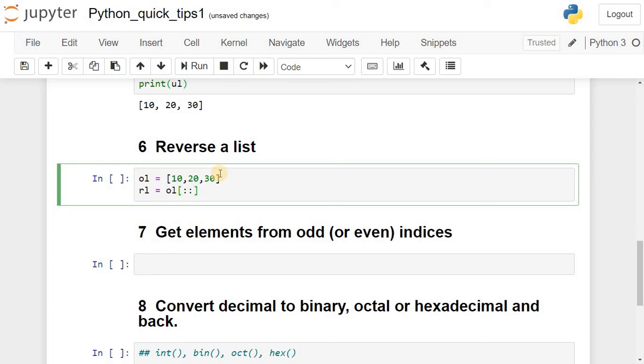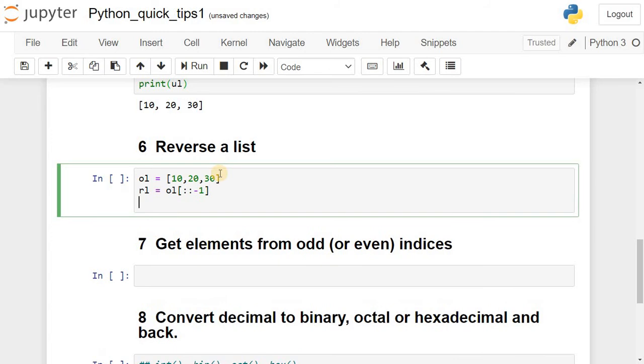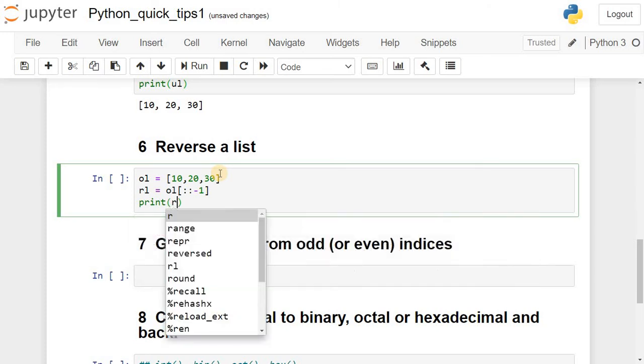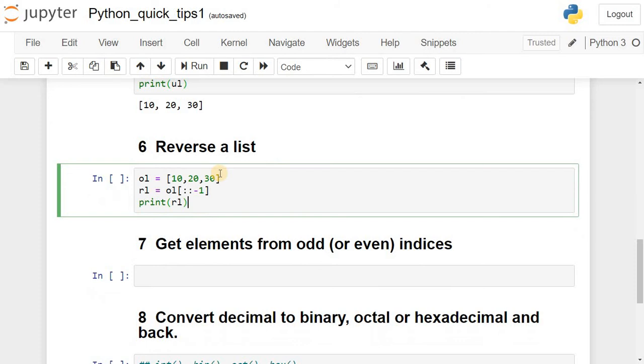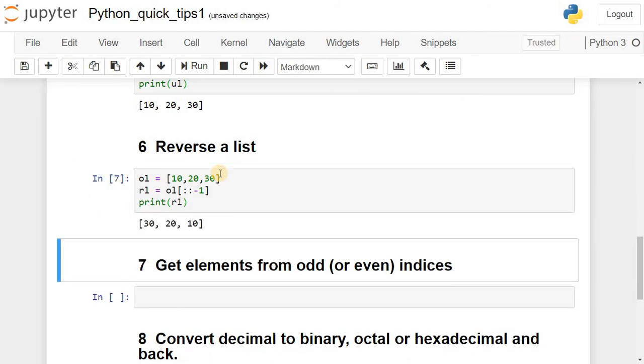The order of taking the elements will be one by one from the last element, indicated by -1. So RL will store a reverse of OL. If we print RL on the user screen, the list is traversed in reverse order and stored in RL, and we can see the output 30, 20, 10.